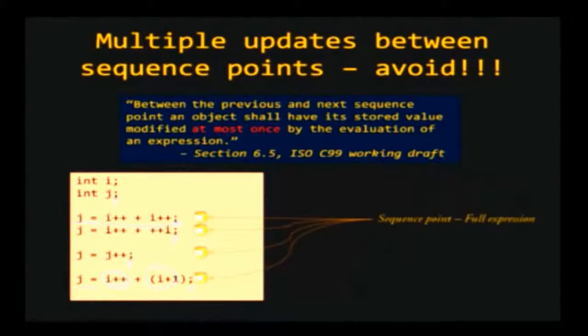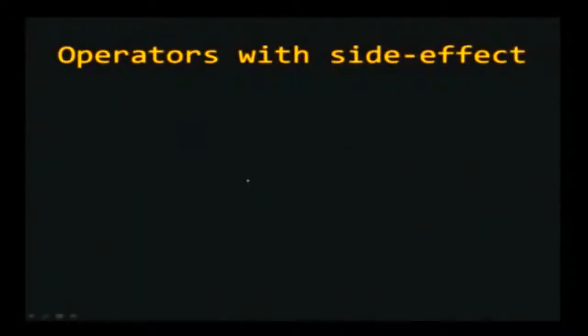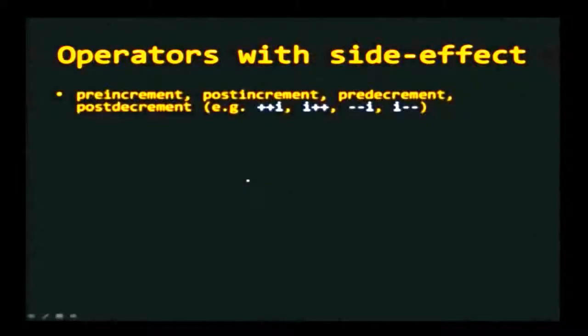So, here are the sequence points which end at a full expression. In the specific case of the last example, it is not that values of variables are updated more than once, it is just that the sub expressions may be evaluated in whatever order. All this is slightly confusing, so let us summarize something that you can take away as far as programming is concerned.